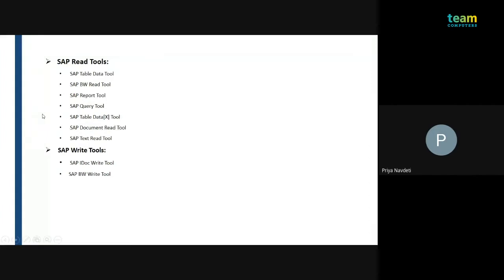If you are using the SAP ECC system, the DVW team will ask you about your system, and then they will give you access to the table data tool and report tool, because it contains only the T codes, that is transaction codes, and the reports and tables. So it will give you access to only those tools.